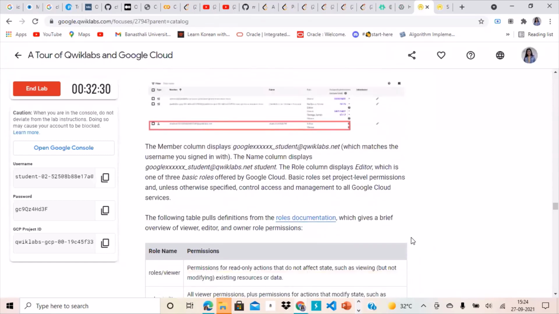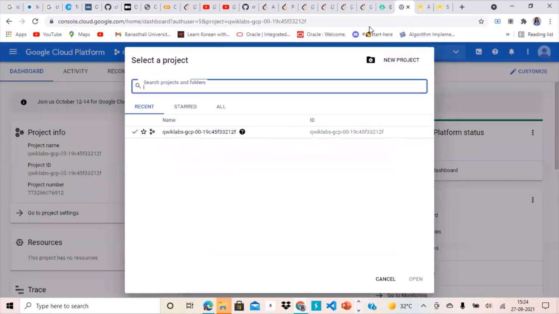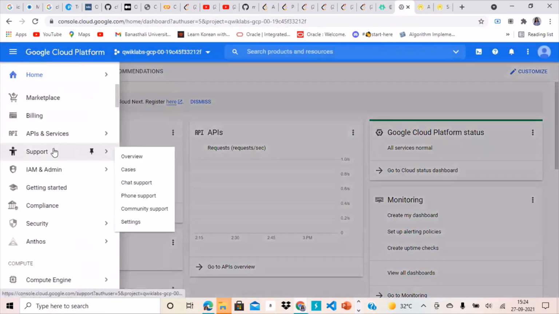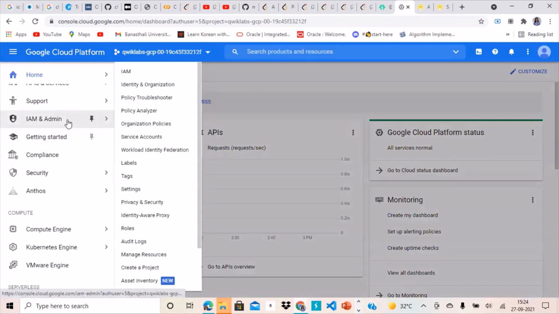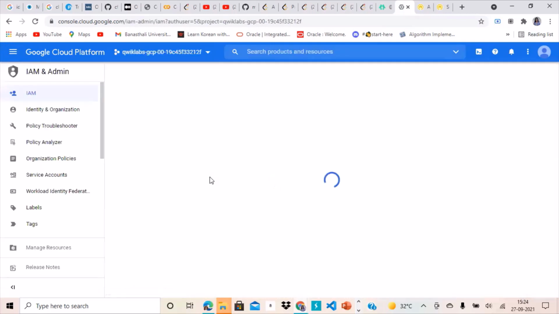So the first thing we can see over here is the navigation bar on the left hand side. When you scroll down over here, you can see IAM and admin. Once you see this, go for the IAM and admin option, then click on it. Click over it, so you will reach